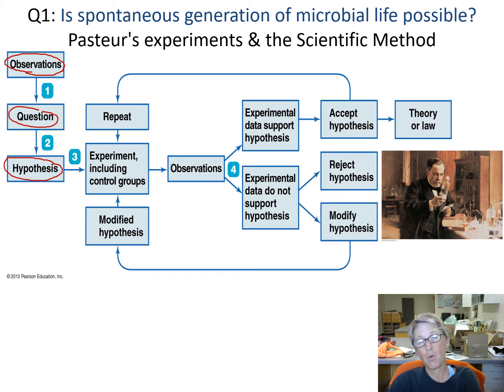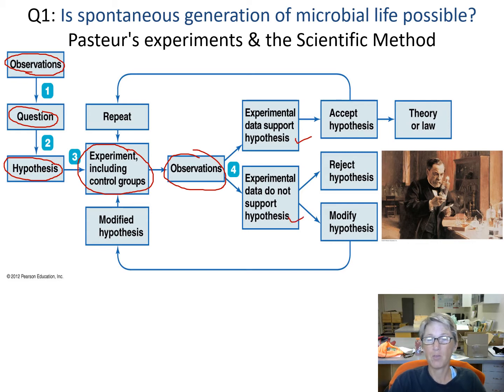From the question, they turned that question into a hypothesis. I like to form my hypotheses in a logical if-then format. If this happens, then that should happen, and then you can test that with an experiment. So after you have a hypothesis, you can do an experiment, including control groups. Those are the groups that don't get the treatment of interest. And then after you do your experiments, you make observations, and your observations will either support your hypothesis or they